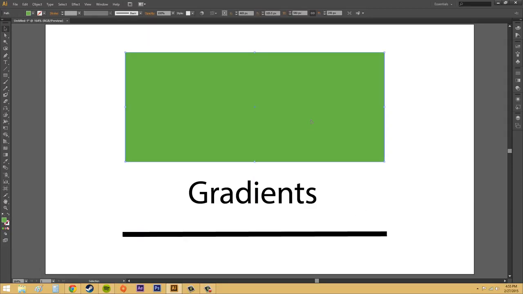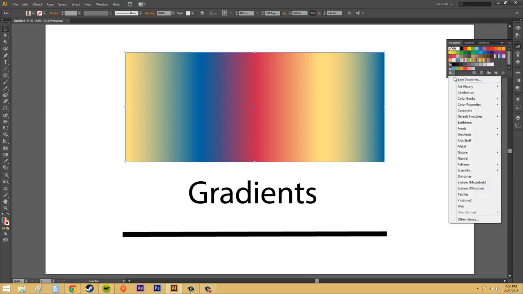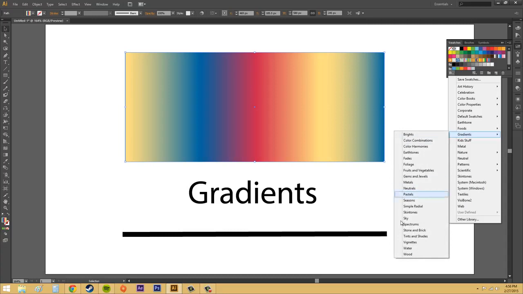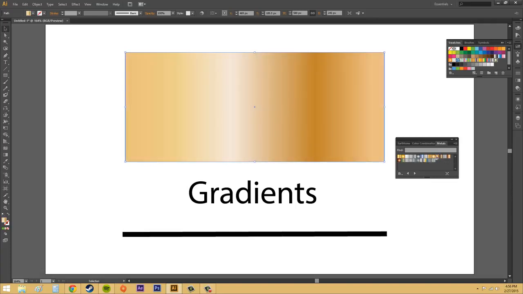All right. So now what we need to do is just go ahead and apply our new gradient that we want to use. So we go into the swatches panel, make sure your object is selected, go into the swatches panel, and then you might have some gradients already on here. If you do, you can go ahead and select one of those, or you can go into the gradient library, click on this button here on the bottom left of the swatches panel, and then come down to gradients, and then you got a whole bunch of things that you can use. So let's go to something like metals. You can click on this to get some different metal color,